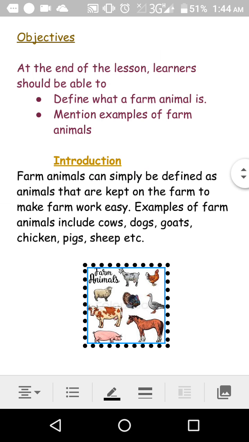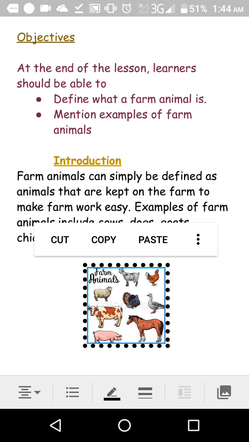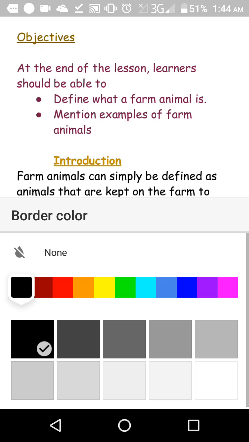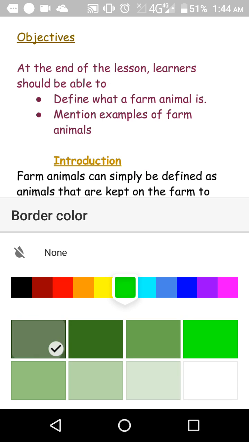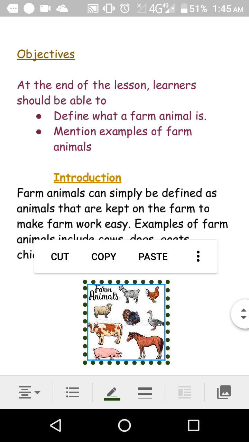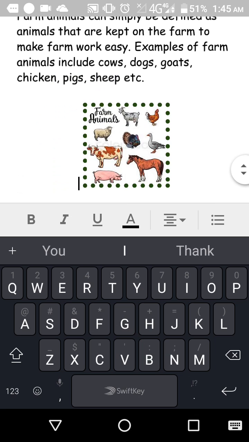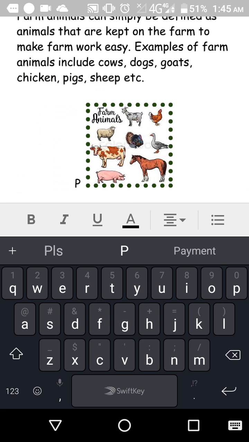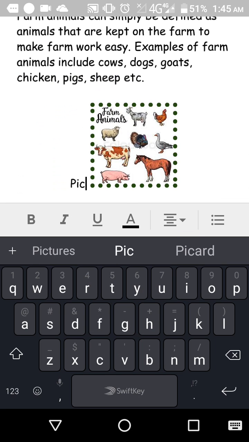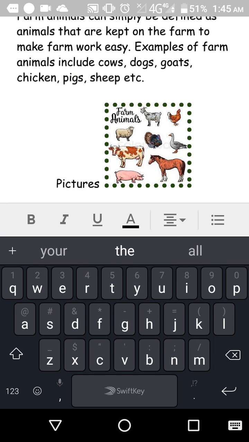and even if you click on it, you have an option to put a color to your border. Maybe I want green, like that green. You have something like this, and then you could type pictures of